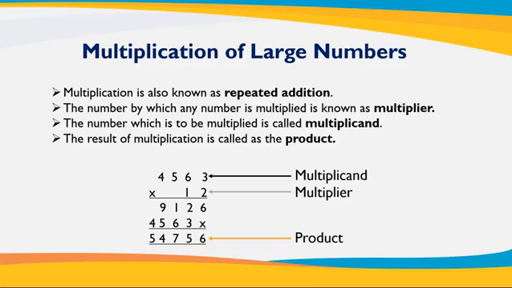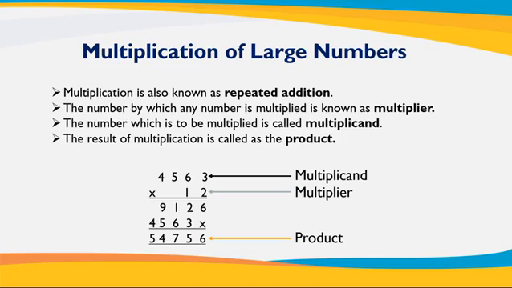Let us start with multiplication of large numbers. Before I explain the process of multiplication, there are certain terms related to it which you should know. Multiplication is also known as repeated addition. The number by which any number is multiplied is known as multiplier. The number which is to be multiplied is called multiplicand, and the answer which we get after multiplication is called